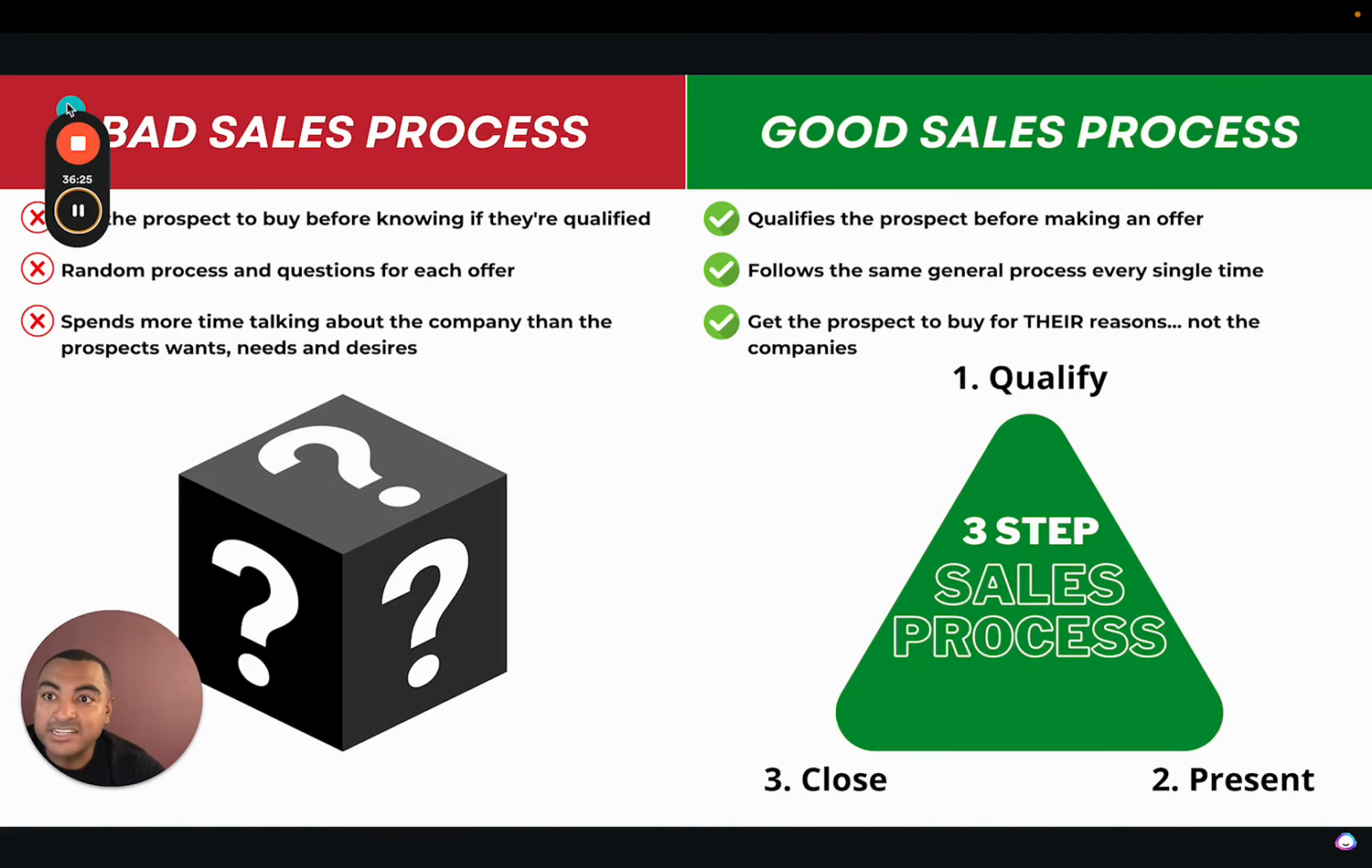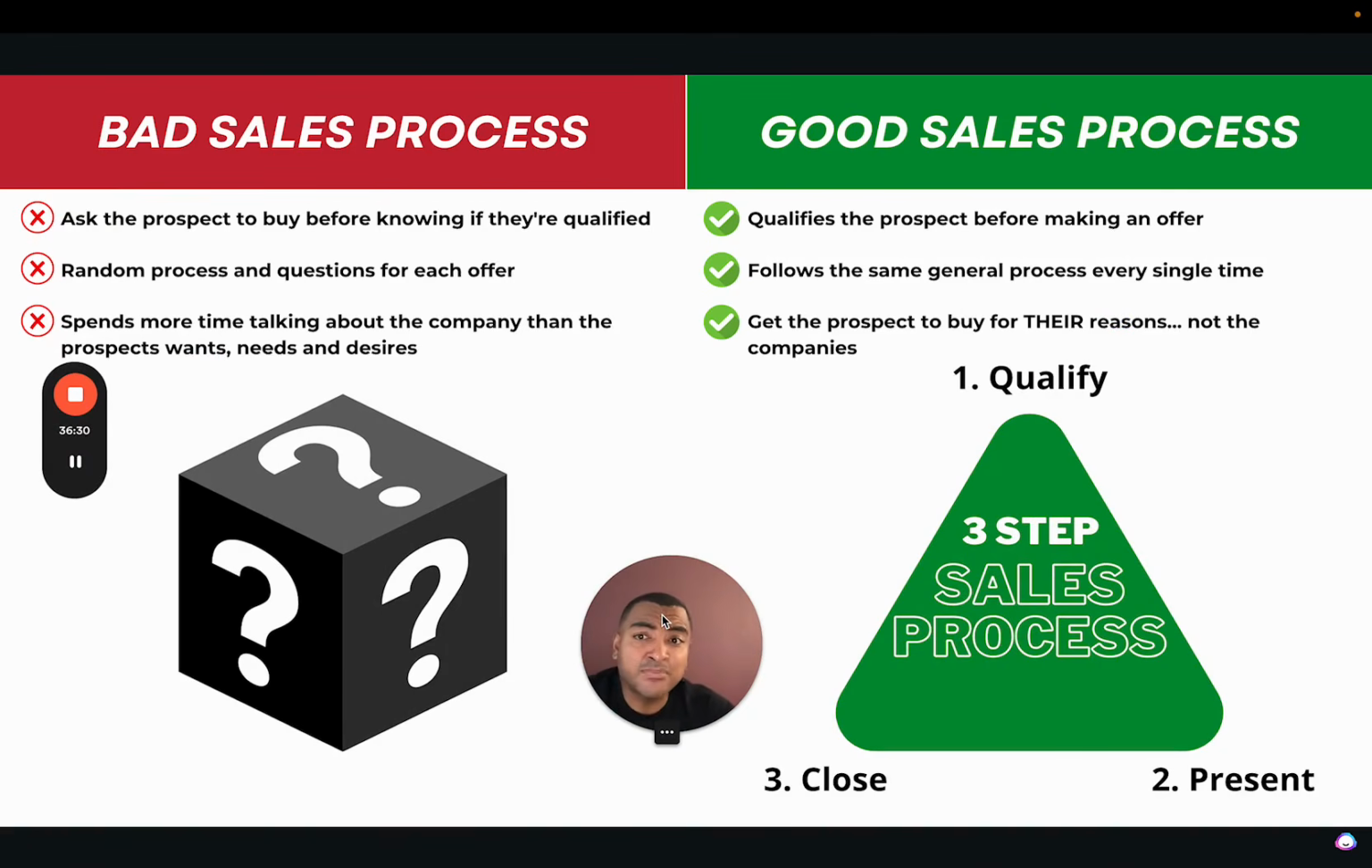This is just a reiteration of the sales process. So the bad sales process: ask the prospect to buy whether you know they're qualified or not. Random process and random questions each and every time, so there's no system in place. And then spend more time talking about the company than talking about the prospect's wants, needs, and desires. And if you do that, you're probably not going to have a lot of sales converted. A good sales process is simple. It qualifies the prospects before asking them to buy or making an offer. It follows the same general process every single time, and it gets the prospects to buy for their reasons, not